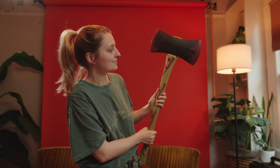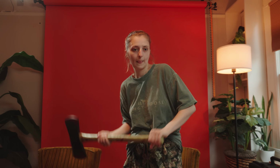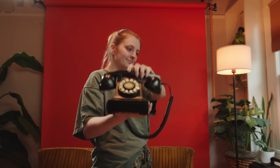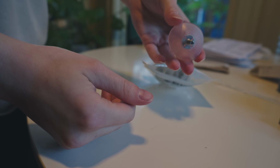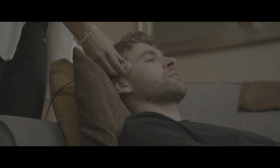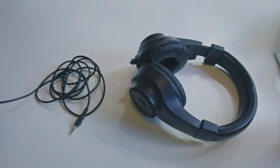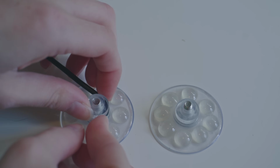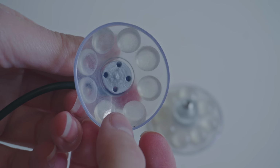I got this Halloween axe for super cheap, and I plan on painting it. And then I found this old phone we thrifted from Goodwill years ago that has been just begging to be in a film somehow. I had to come up with this sci-fi prop that basically was a brain scanning system for the doctor on my main character. So I purchased some suction cups from Amazon, cut up an old headphone set that was kind of old and busted anyway to use the wire, used some scraps from around my house, basically DIY'd this little device thingy-mabooter